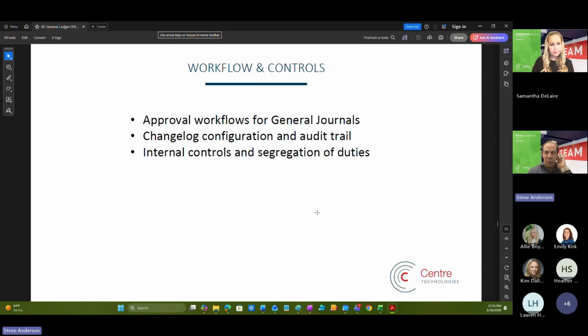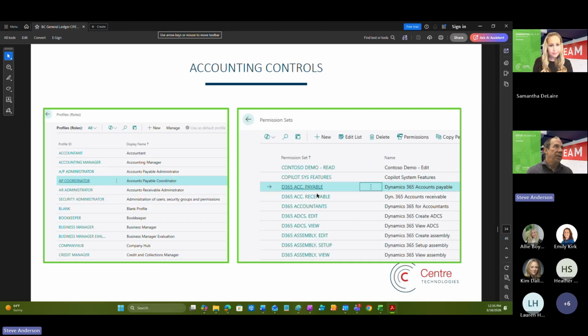Okay. A few other things, maybe again, for accounting type controls, important usually for us as CPAs. So there's some approvals that you could be doing. There's a change log and there's some other controls we can talk about. So this is more the permission or security level. BC has native